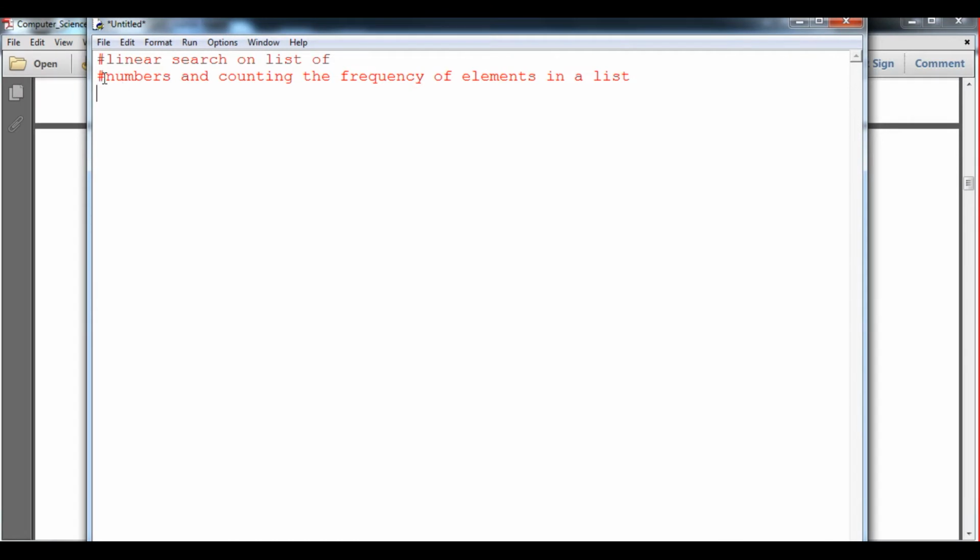I have already opened Python IDLE, and I have just written here a linear search on a list of numbers, and then we are going to count how many. Suppose I have a list named M list, with elements like 1, 6, 9, 2, and another element, and some kind of number also.